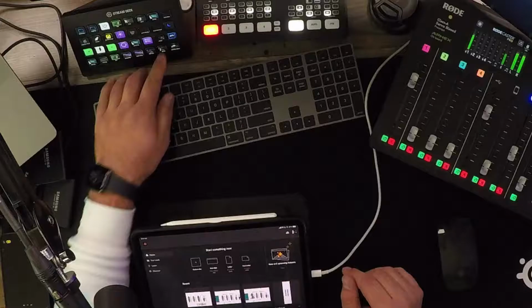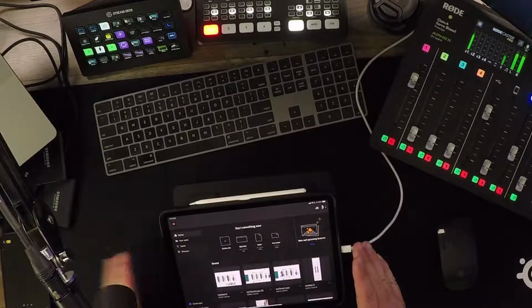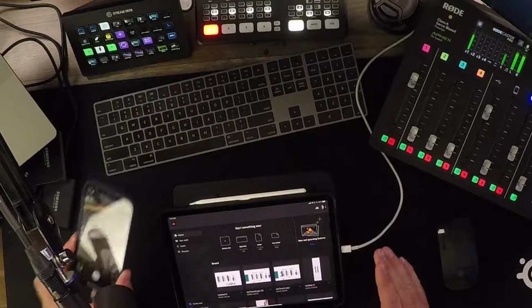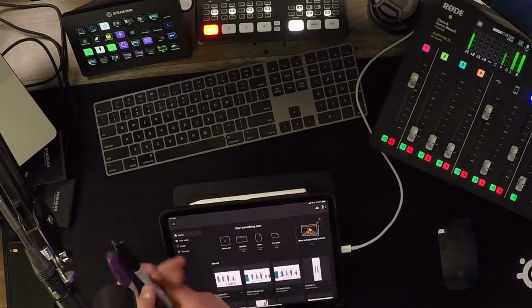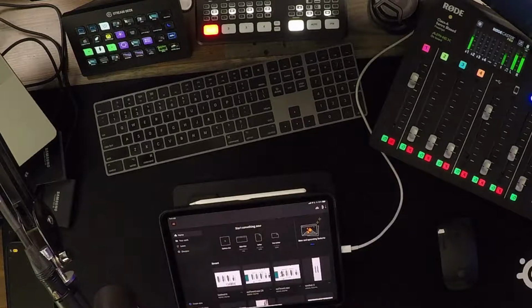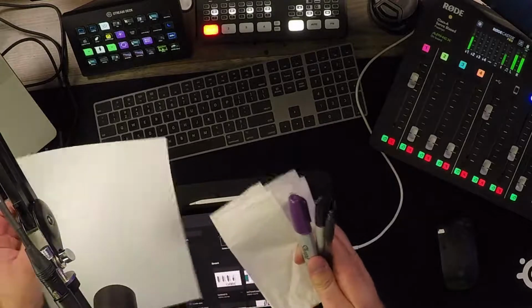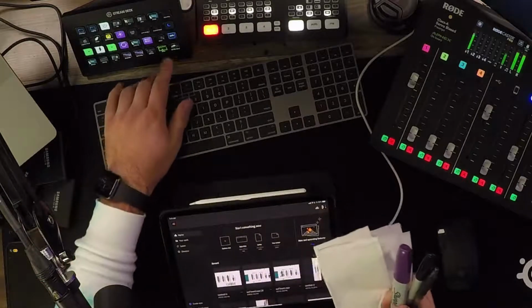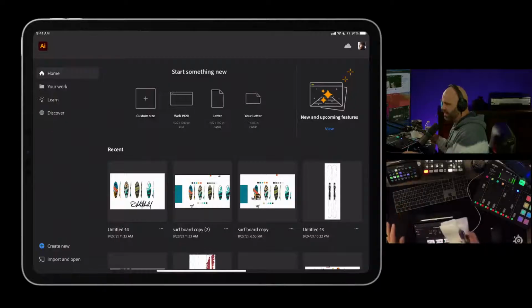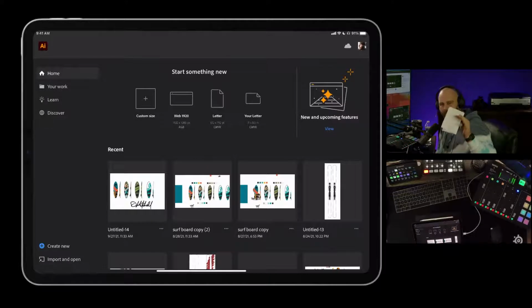All right, so what we're gonna do, we're gonna have some fun. I'm going all out. It's a little bit ridiculous here on my desk. So I've got my iPad, I've got my phone ready to go. I've got some markers, and I grabbed a napkin and a sheet of paper. So what we're gonna do, the hope is that we are going to be able to jump in with the iPad, do some logo sketching, use some of these materials here, like the piece of paper, napkin, whatever, and create